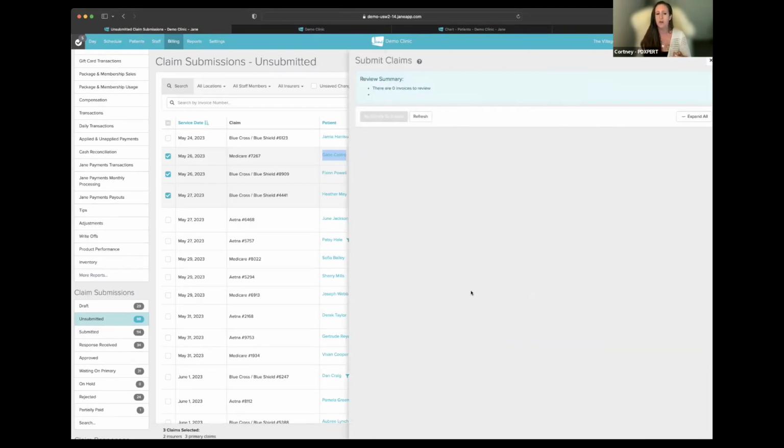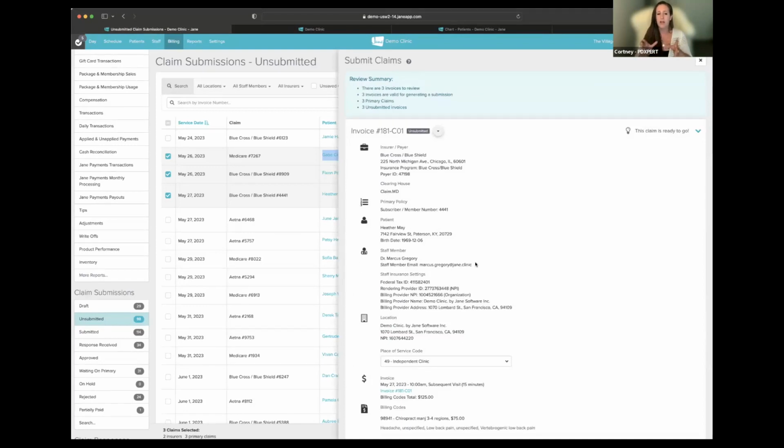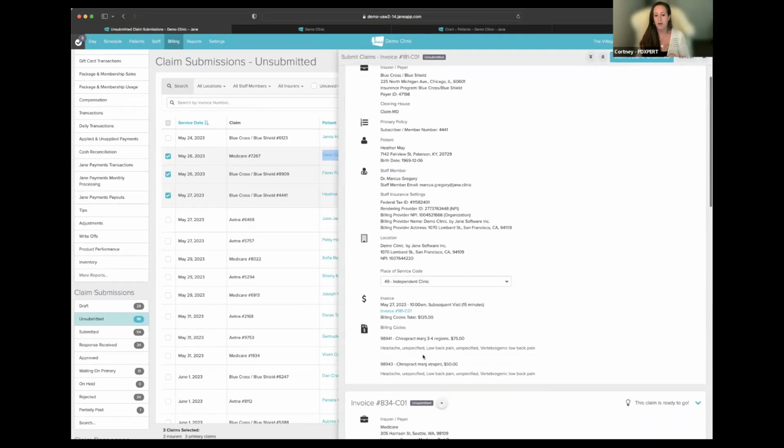Now, the reason we keep this list intact is because I really want the timestamp. That is important because I want to be able to review my claims during the AR process, accounts receivable, checking to see what's outstanding and why. I want to be able to go to the bottom of the claim and see the timestamp of when it was sent. So that means when I have my list intact and I'm getting back into the contents, I'm going to say submit 3 claims to Claim MD. Well, I guess when it comes to Claim MD, this workflow would be a little different. My apologies. If you have a clearinghouse that's not Claim MD, we would get that generate submission, so it would plant the timestamp. But if you're connected to the Claim MD account,